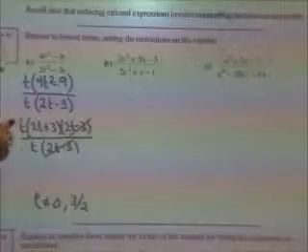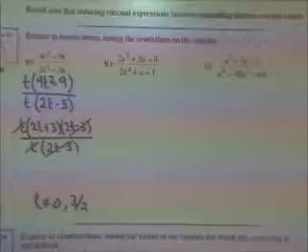So now that I have my restrictions, I can now look at canceling out factors. So what factors are common to both the top and the bottom? 2t minus 3. What about the t's? Are those common to the top and the bottom? So what I'm left with is